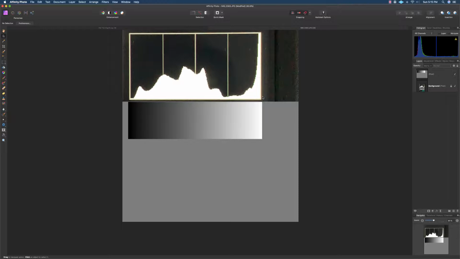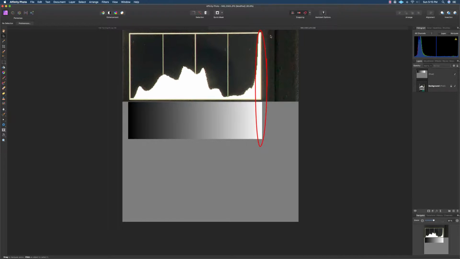Because if it bunches up all the way on the left, that means you have a lot of pixels that are going into pure black. That means you're not going to be able to see them in the photograph, and you're completely losing detail as well. And on the right-hand side, as this histogram shows a little bit here, they're starting to really bunch up